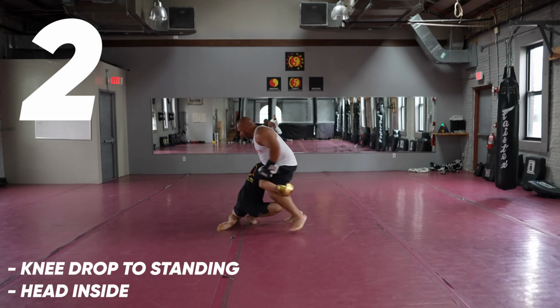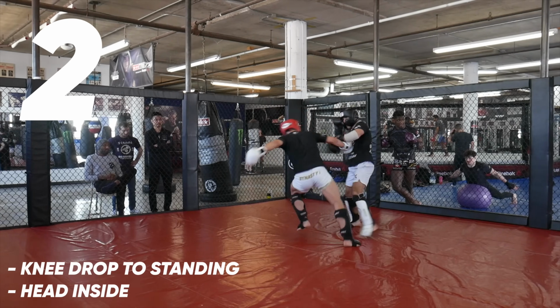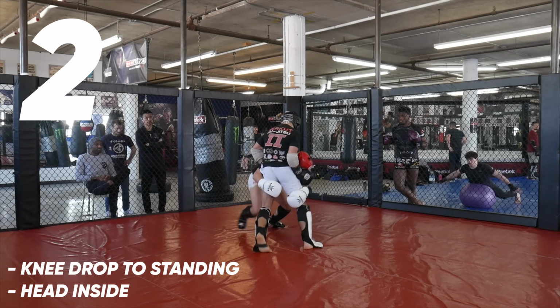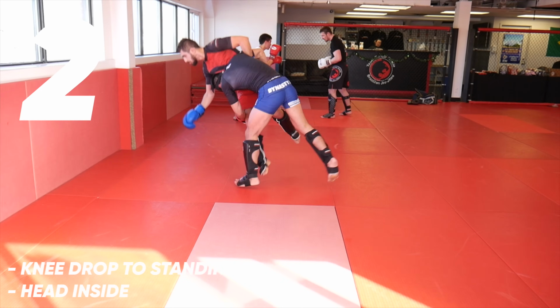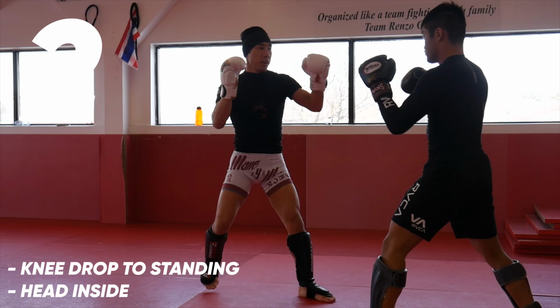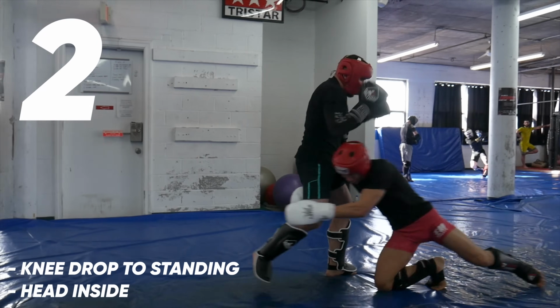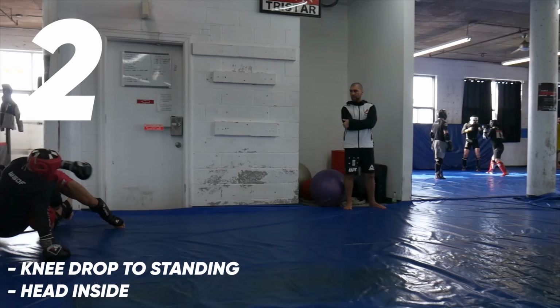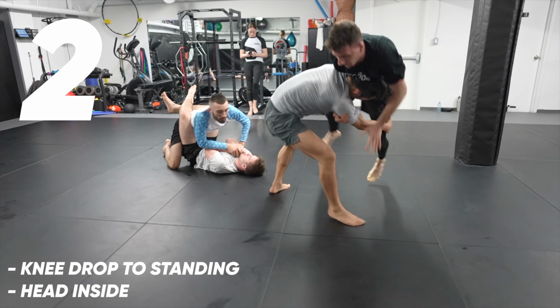The second variation is the head on the inside knee drop to standing double leg takedown. Dropping to your knee is definitely less powerful, but the reason people use it is to close more distance by dropping to their knee and sweeping their rear leg forward. Dropping to your knee is also good for really getting underneath your opponent so you can lift them up. As I mentioned before, if your opponent is also a pure wrestler who stands very low, it is tough to get underneath them with a standing double leg,